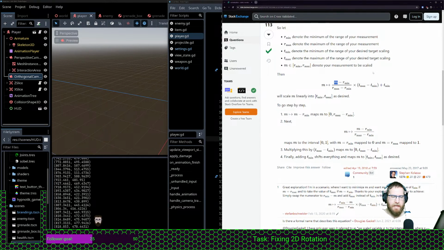So we'll have the x value minus 0, because that's the minimum value you can have, divided by the maximum of 1920 minus the R min, which is 0. So it's basically whatever the x value is divided by 1920. Then you multiply that by